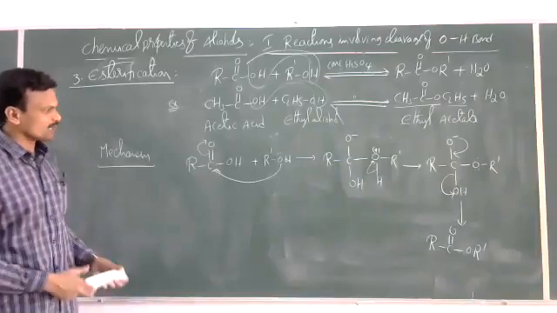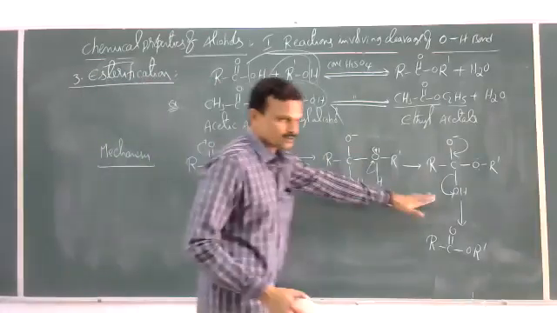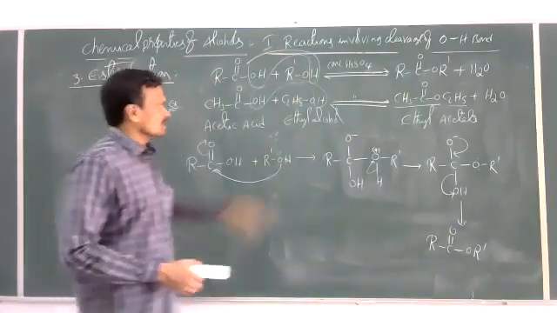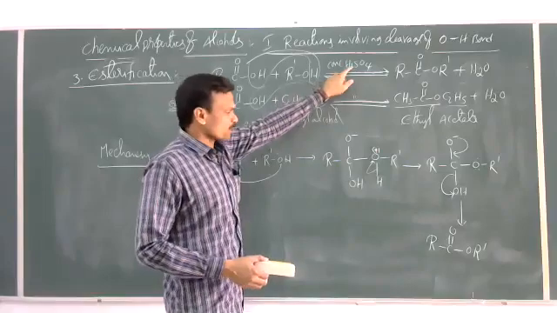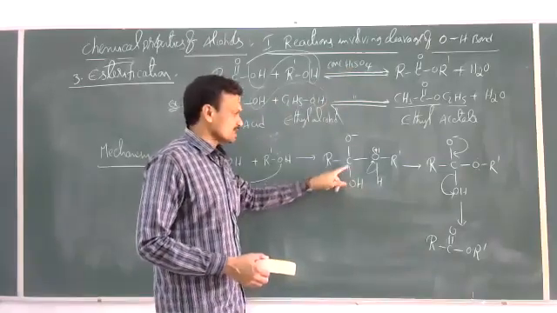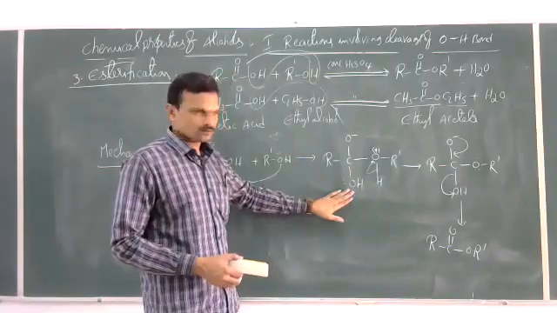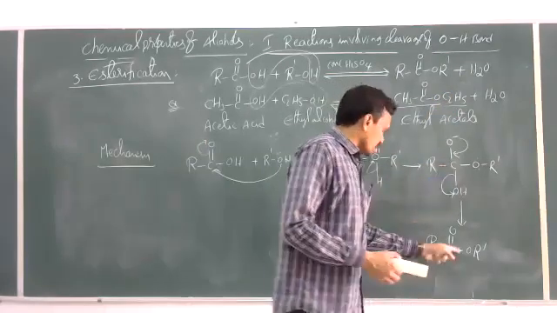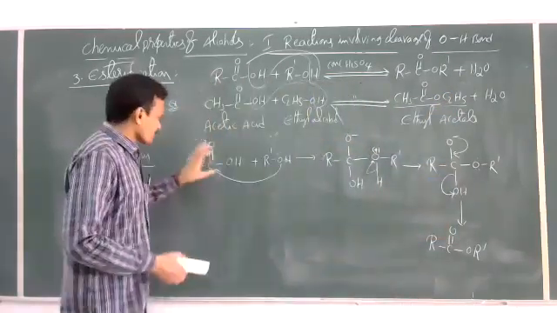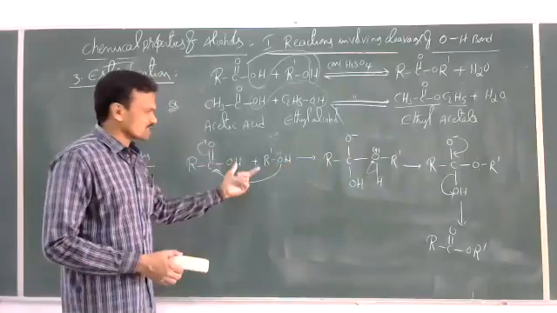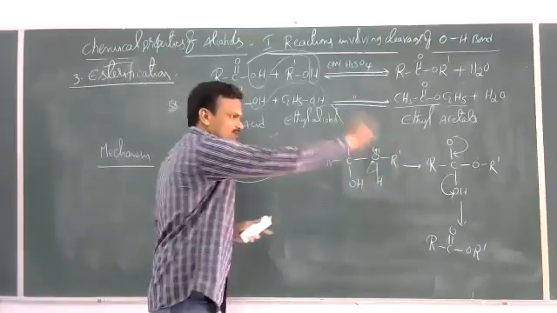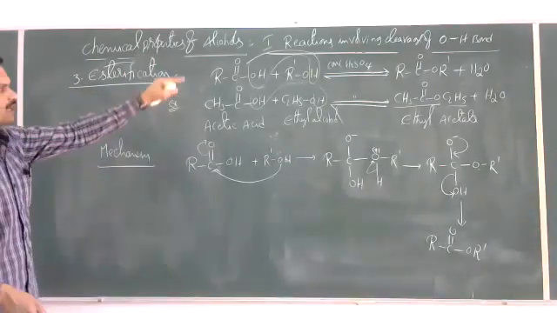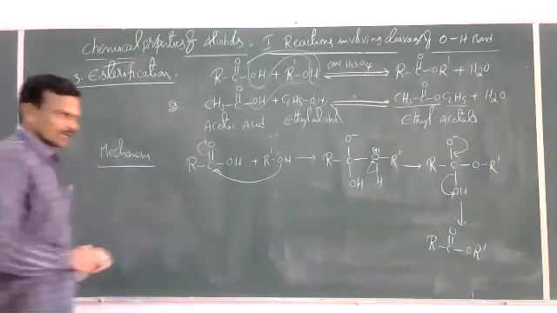Actually this is not the complete mechanism. Here I have given the mechanism in 3 steps. Actually the mechanism takes place in 6 steps. So first this H2SO4 donates proton. That proton is accepted here, and then this gets eliminated as water, not as OH. See, the product formed here is water, but here we never maintained any water molecule. So this is a simple mechanism, not the exact mechanism. This is a brief description. Exactly, this mechanism takes place in 6 different steps. So this is the formation of ester from alcohol and carboxylic acid.